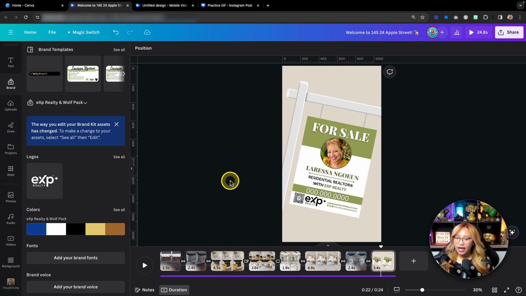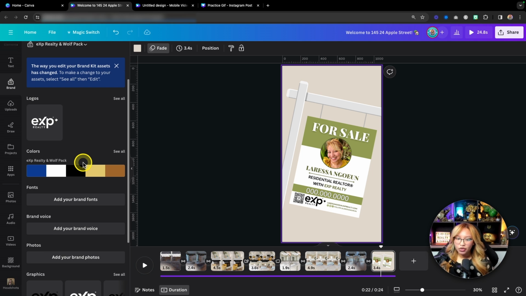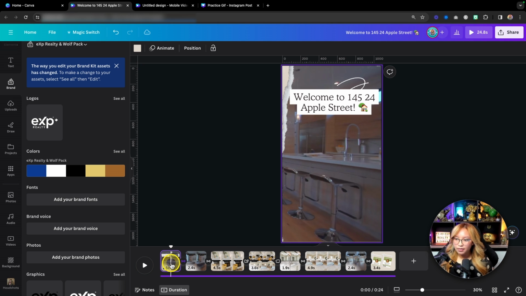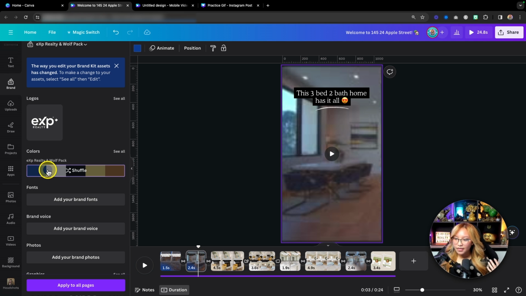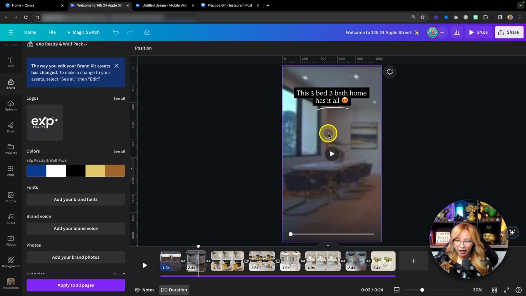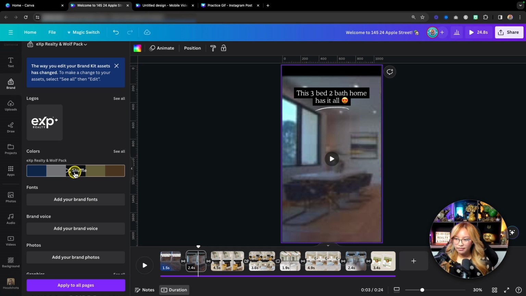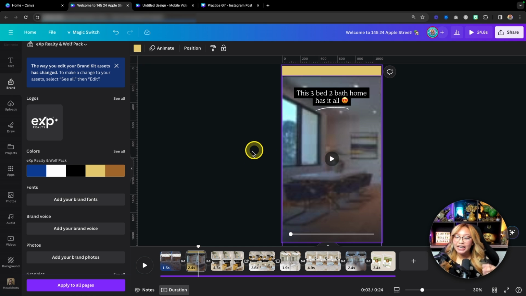Now again, Canva has inputted its own colors, its own color scheme. Now, if the shade isn't your brand color, you very well can go in and change it up. Now, let's see if this will work. If I click on this page here, if I click on this, apply these colors, you can see that it's applying those shades in my brand kit. And if you just keep clicking through, you can see that's adding in different colors as well. So if I click on here, it's not going to add in colors because there's nothing in the background. But see that? If you wanted to do it like that, just to add in your own color and your own tones,